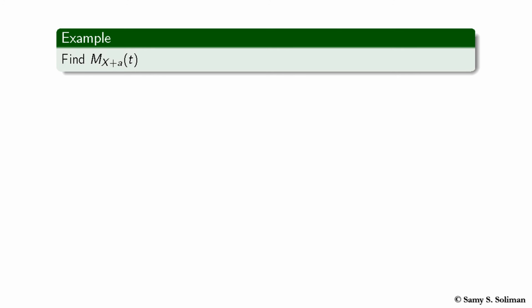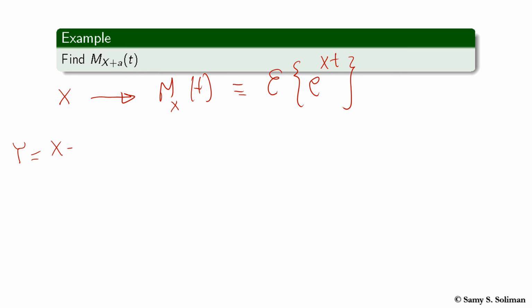So if we know random variable X and we know that its moment generating function is M_X(t), recall that the moment generating function was the expected value of e power Xt. Now if you have random variable Y defined as X plus a, let's find the moment generating function of Y,